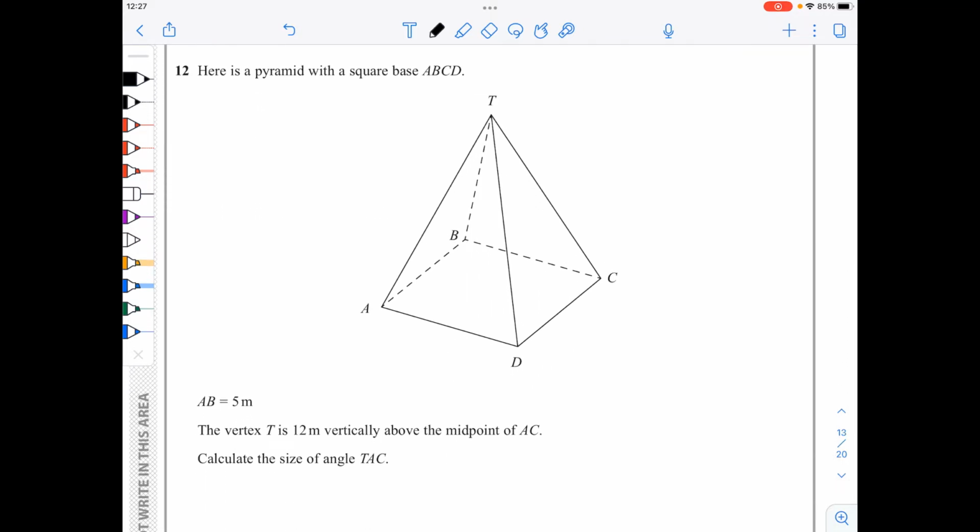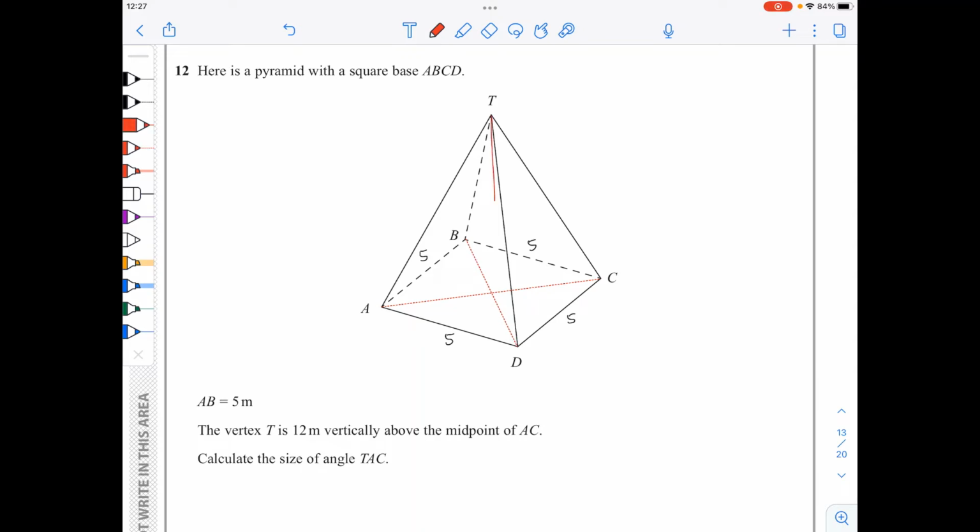12, we're being given a square-based pyramid, ABCD, and we're told that AB is 5 meters, so all of these are 5. And the vertex T is 12 meters vertically above the midpoint of AC, and we need to calculate the size of TAC. I will actually start by drawing the diagonals AC and BD,